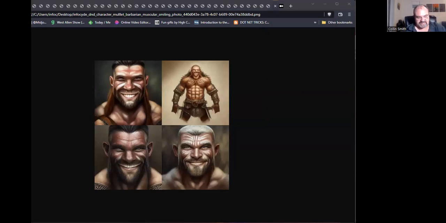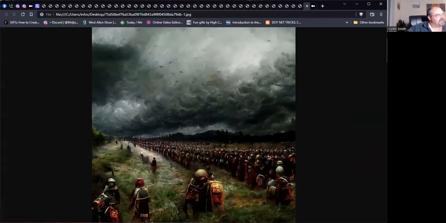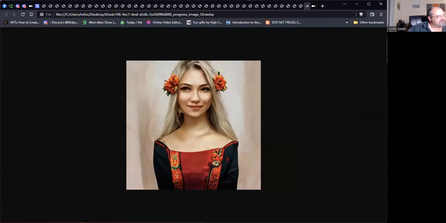Go to Google, because I sent some people some stuff here. It's pretty much the same stuff. But anyway, this one's interesting. I was experimenting with trying to have a Roman legion, but again, see how it kind of has trouble with the helmets and stuff. I'm sure you could tweak it. Again, photorealistic pictures.